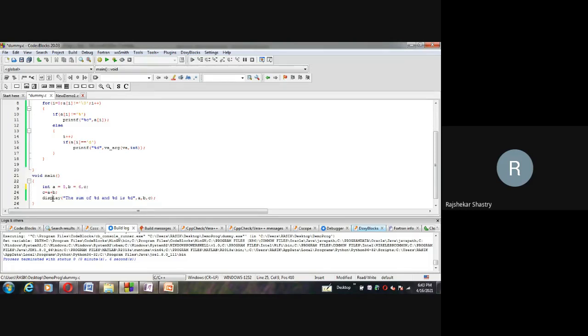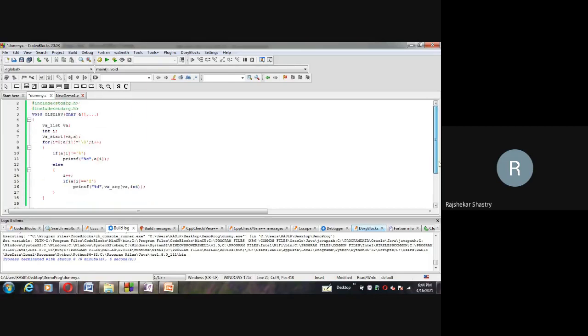And then I'm trying to display, instead of printf, I repeat, I'm writing display. In display, "the sum of %d and %d is %d", comma a, comma b, comma c. So you know that it should behave exactly like a printf statement. So now display is called. So it will come here. The first parameter is a string which is stored in an array, I mean pointer, and the remaining, how many we don't know. That's why I'm keeping the ellipsis symbol, 3 dots.